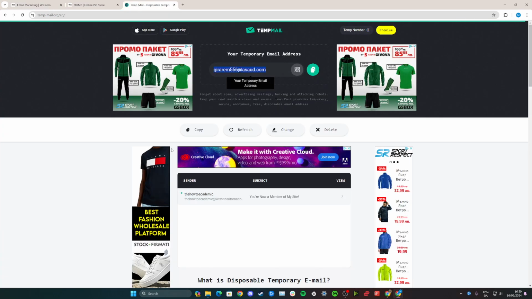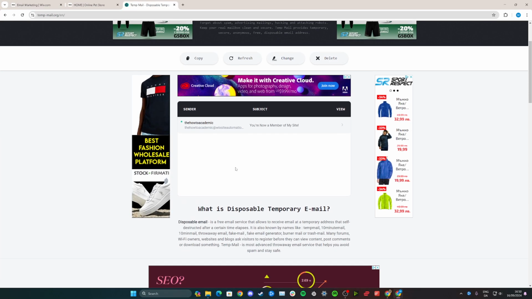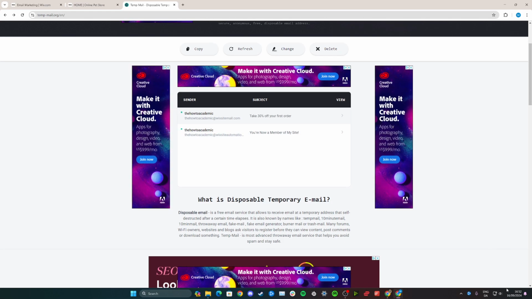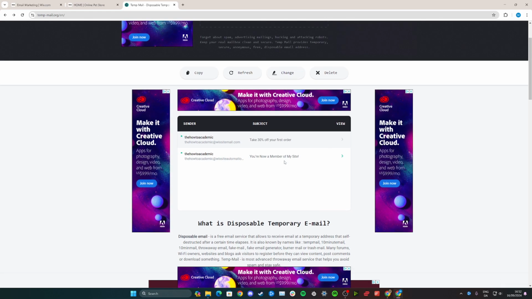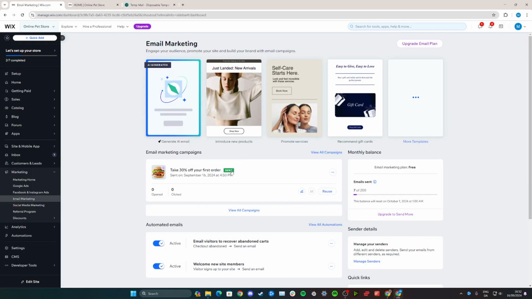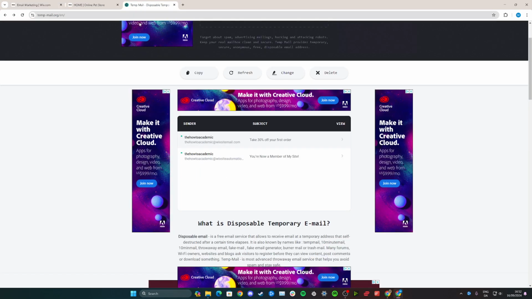So if you go to this email here and just wait a moment, we're going to receive a new email in just a second. And as you can see, if you check down the clock here, you can see it just took a couple of minutes. You can actually see in here if it says sending or sent. Once it's green here, that means that all of the emails to every single person have been sent out and is in the inbox. So as we can see here, we received the email,